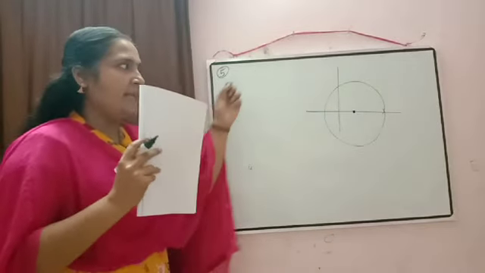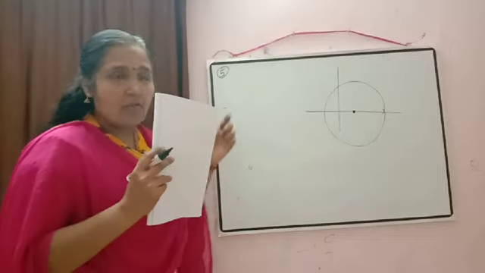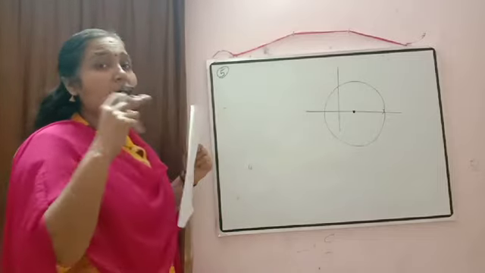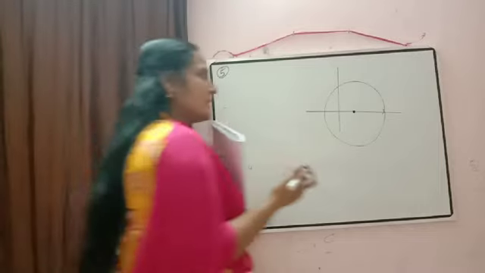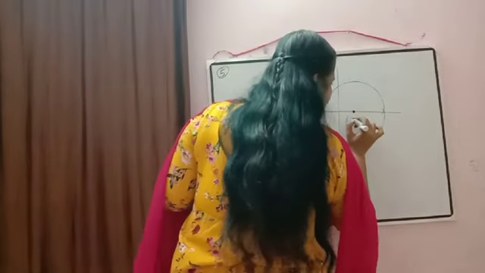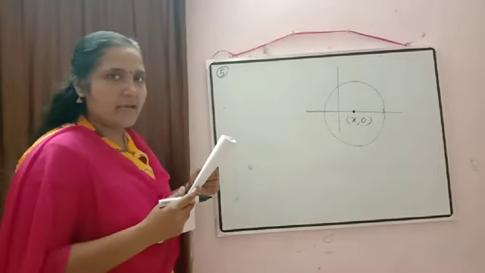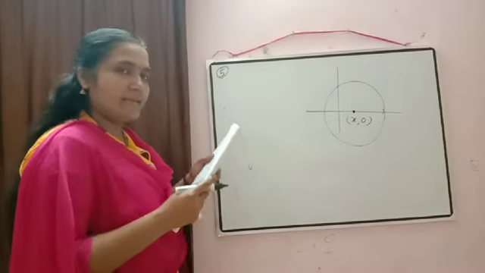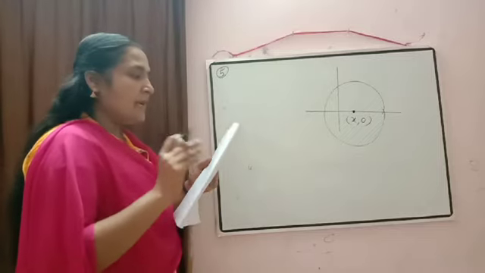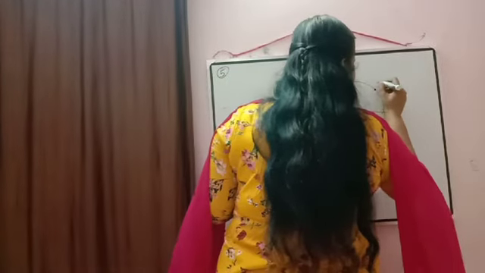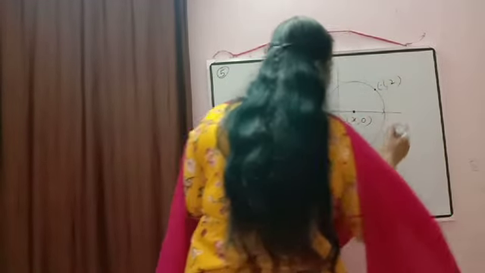If a point is on the x-axis, what will be its form? Correct, its y coordinate will be equal to 0. So if our center is on the x-axis, the coordinate of the center will be x comma 0. Then the information given is that it passes through the point minus 1 comma 2. So somewhere the circle passes through the point minus 1 comma 2.